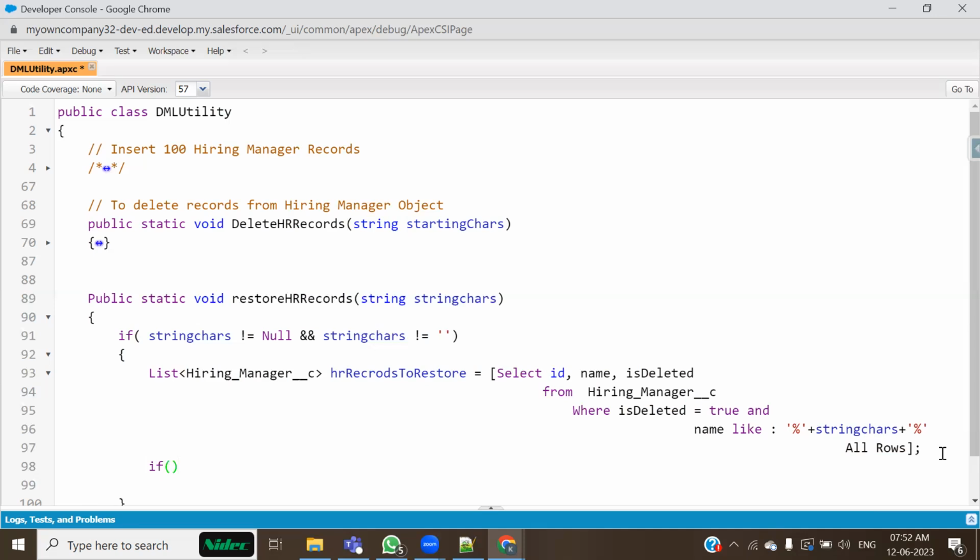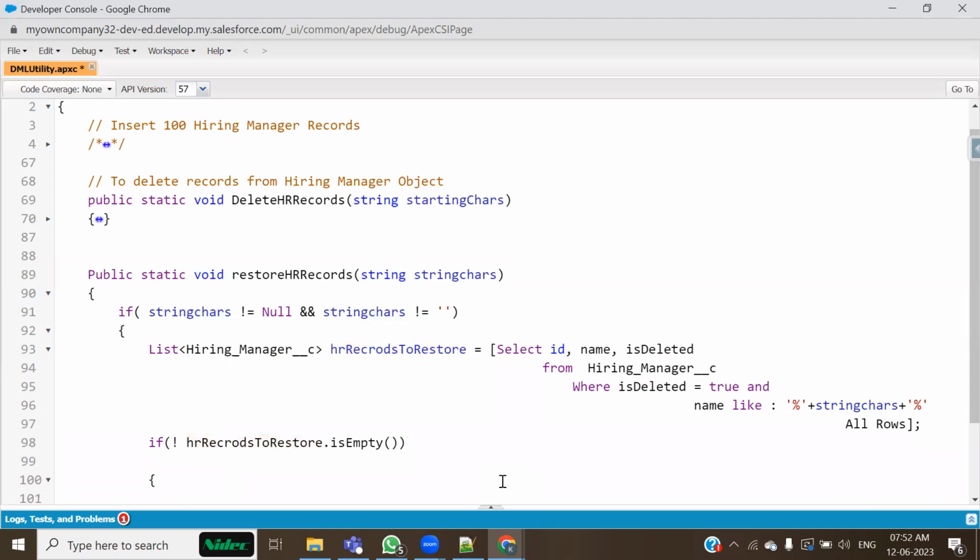So if not of this collection dot is empty. And because isEmpty is a function, you'll have to write it down like this. So I am checking that some records have been collected, some records have been returned by this query. So if this collection is not empty,